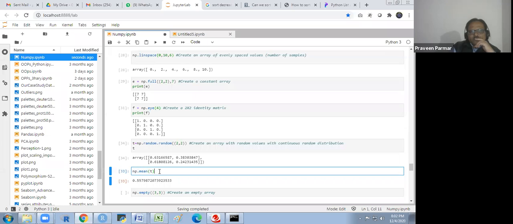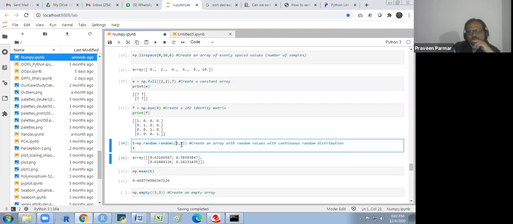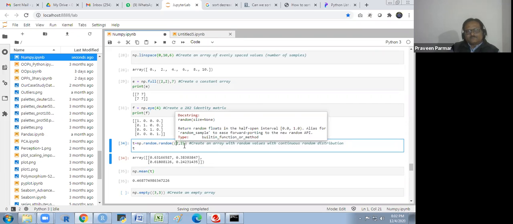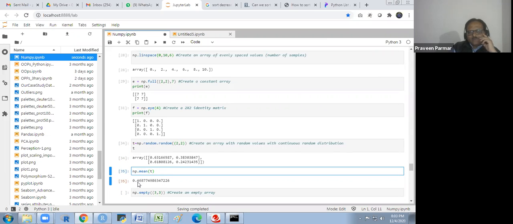The mean you will see here, the mean of this is 0.48. In the random, you'll see the values are around half. In this way you will get it. That is not given in detail, and we'll get the mean near to 0.